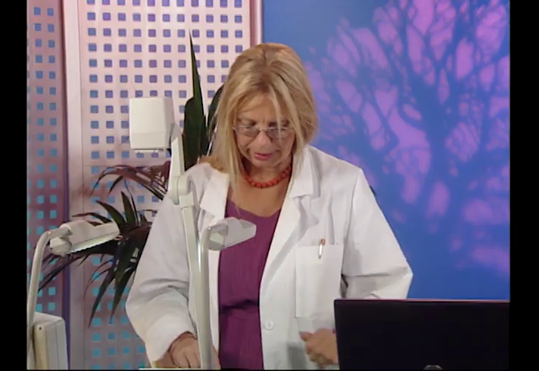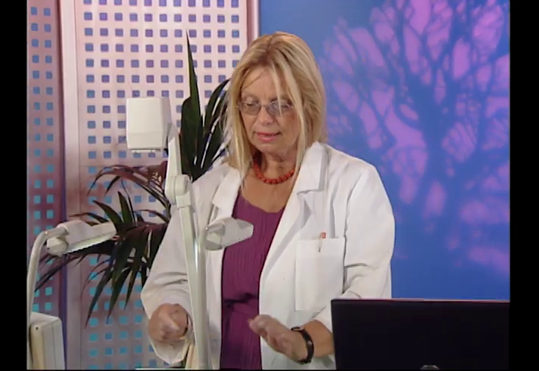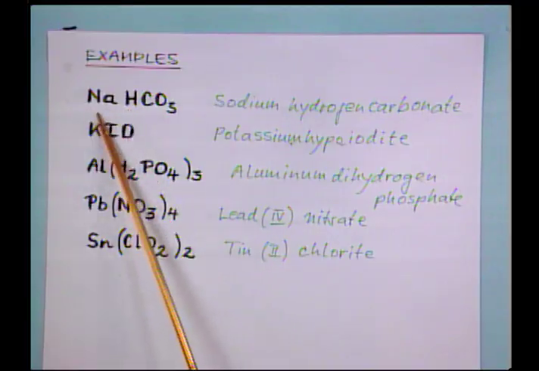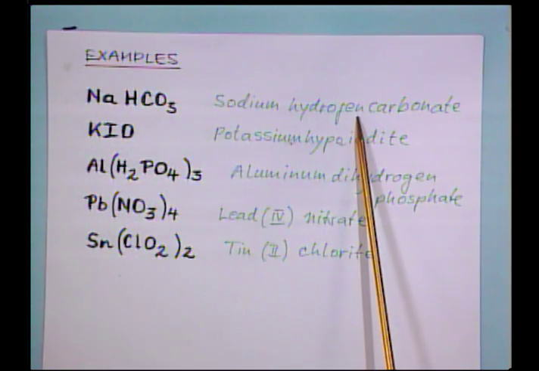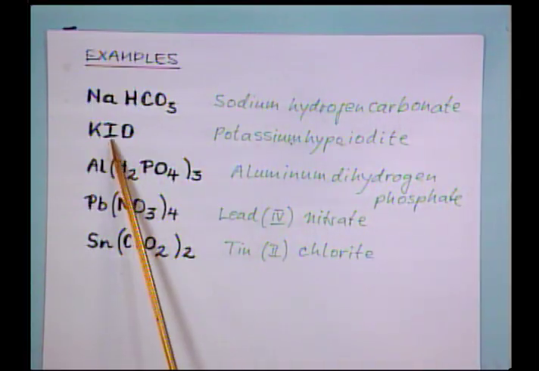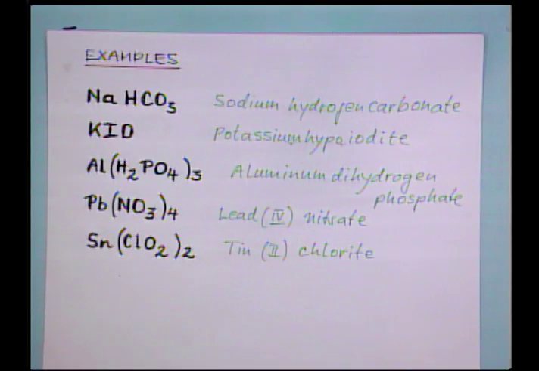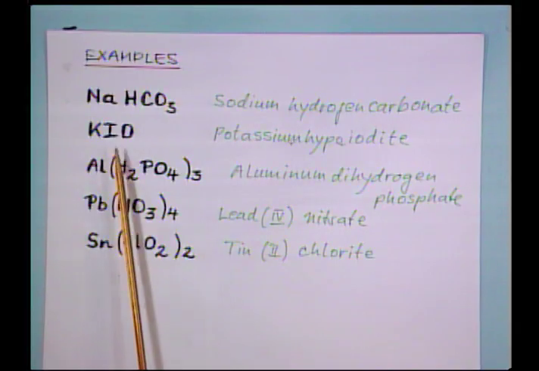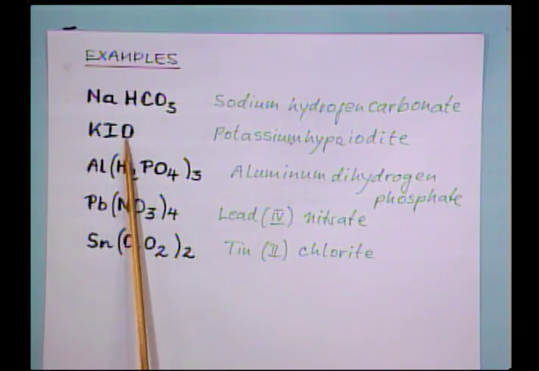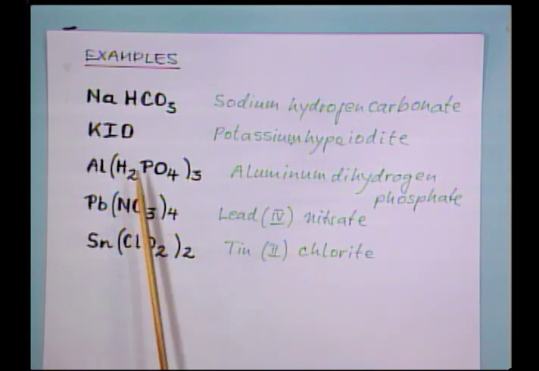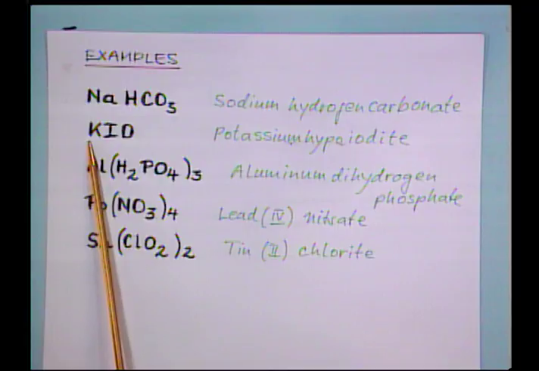Let's look at some examples for naming ternary compounds. Here we have NaHCO3. That would be called sodium hydrogen carbonate. KIO. Now at first you would say, oh my goodness, what could that be called? But if you stick to the pattern, then you know it's the lowest oxidation state with just one oxygen. And remember, then we say hypo. Hypo means less than. And ite, the ending. So potassium